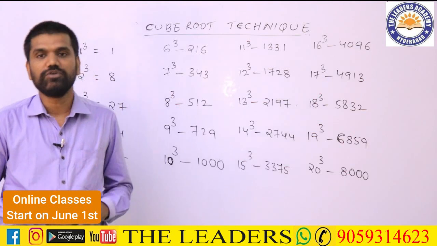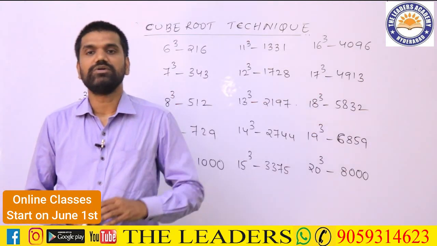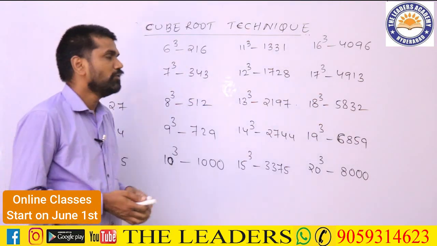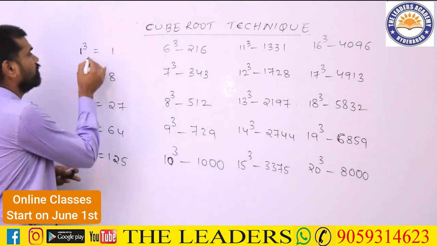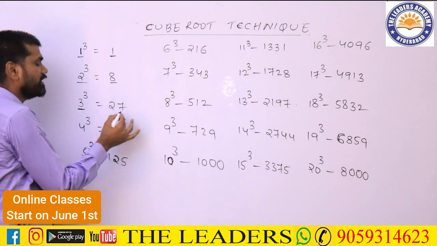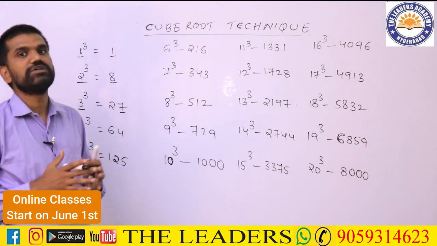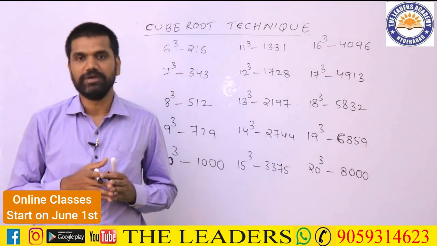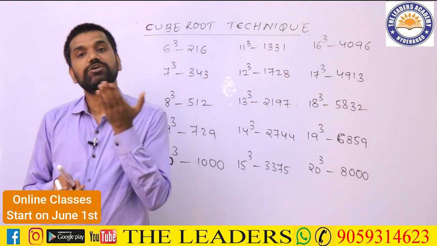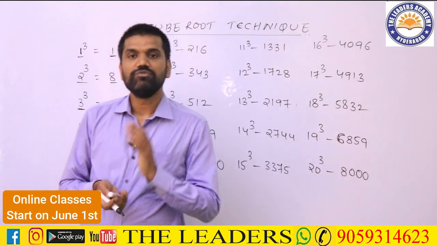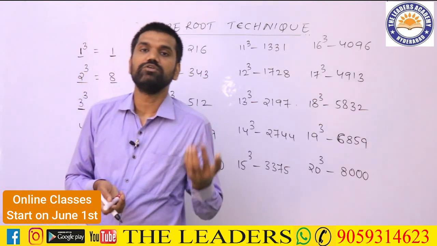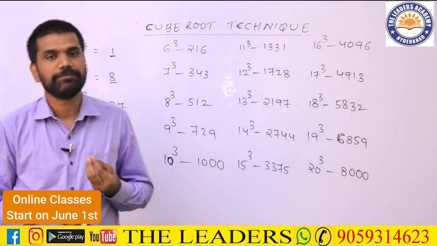So what is the method we are going to follow for that, and what are the basic things that you have to understand before we go for solving the problems? Let us learn from here. Going ahead, if you take the cube, 1 cube is ending with 1, 2 cube 8, 3 cube is ending with 7. You have to know the units digit of the perfect cube, so just keep that in mind, because depending on the units digit we will decide what digit will come in the units digit of the cube root we are going to take. That's why first I am focusing on which number's cube ends with which digit. Based on that we are going to find the cube root easily, right?